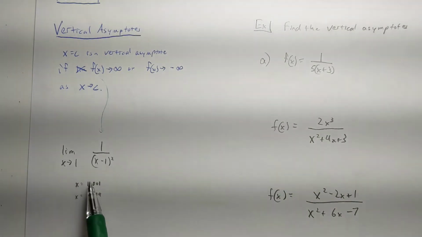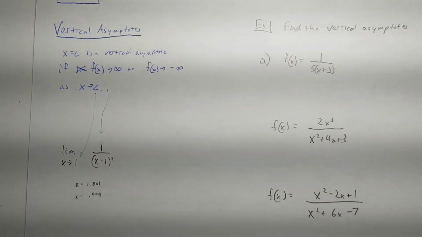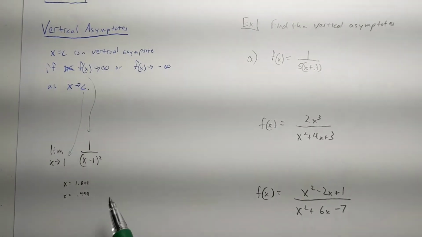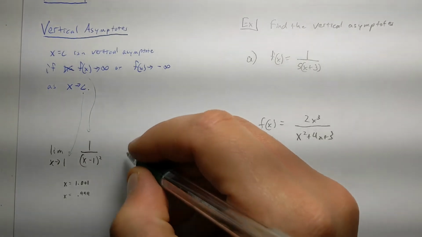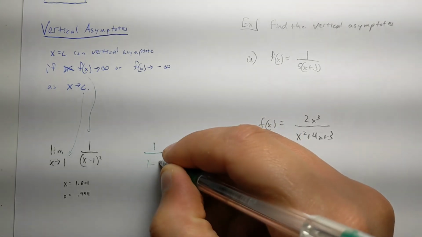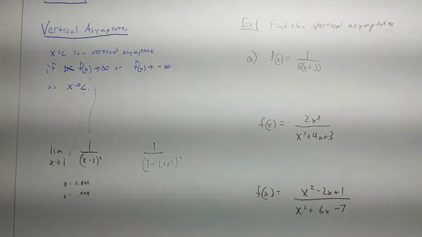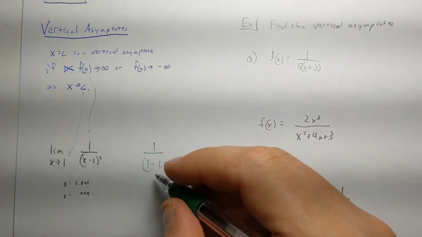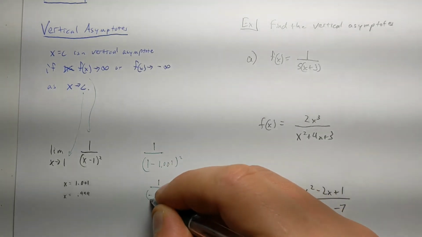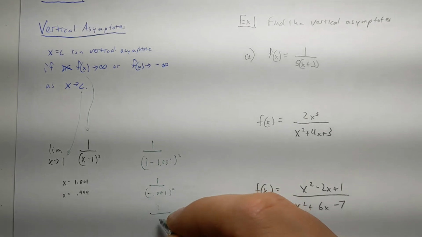The limit as x approaches 1. So that would be our c. What happens as x approaches 1? Well, we know we have to come from both sides. So let's try numbers really, really close here. What happens if I'm doing 1 over 1 minus 1.001 quantity squared? Well, that's going to be 1 over negative 0.001 squared, which is 1 over